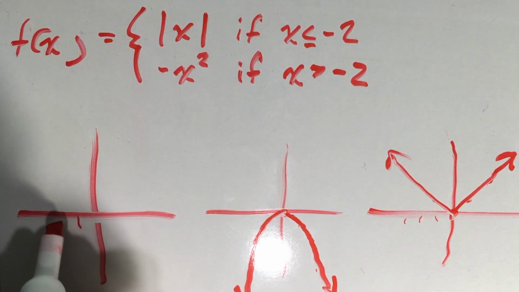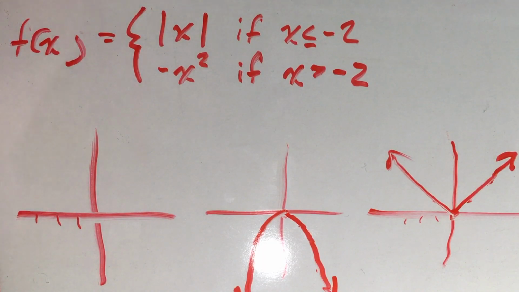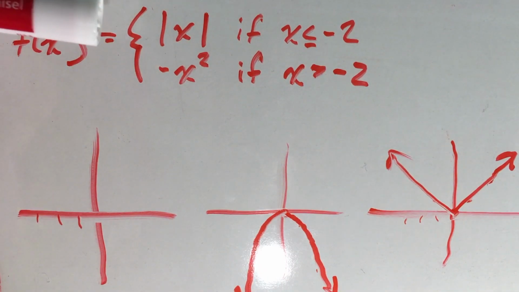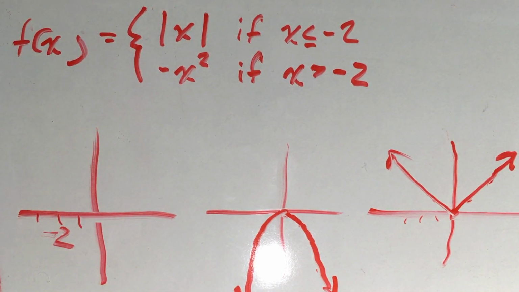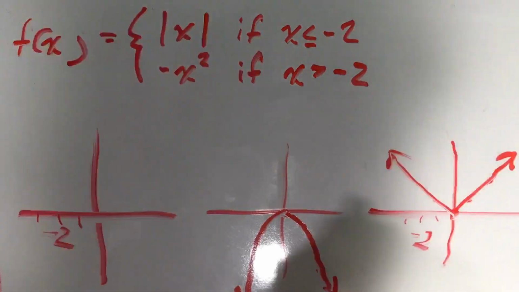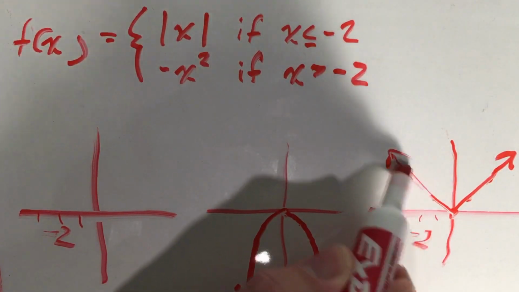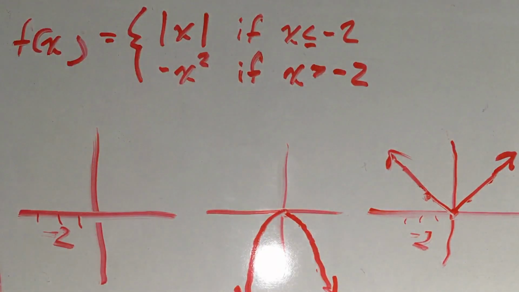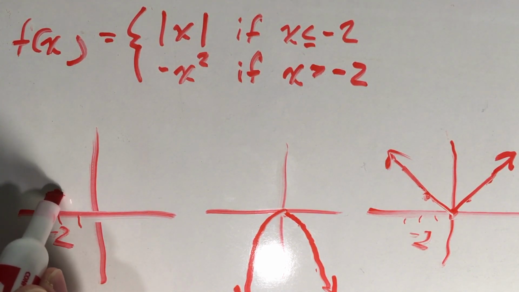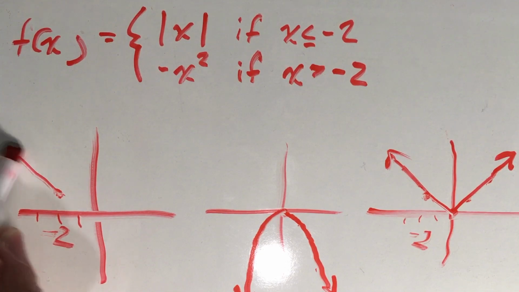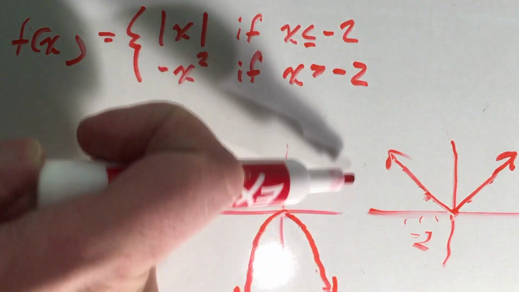I'm going to draw a more accurate sketch here because my recipe tells me that I need to look at -2 in particular, because that's the point where my piecewise function changes from one function to another. So looking at the first ingredient, if you will, for the recipe that makes up my piecewise function, I know that for every x value less than -2, my piecewise function really just looks like the graph of the absolute value function. So looking at -2 on the absolute value function, I'm really only interested in this little branch here up until and including -2. So when I go to draw my piecewise function, I'm going to just draw a little branch that starts at -2 and goes kind of up toward the left, just like the absolute value function does for every x value